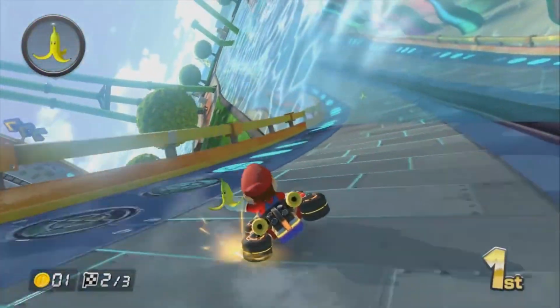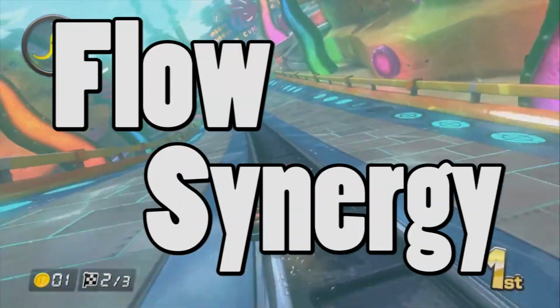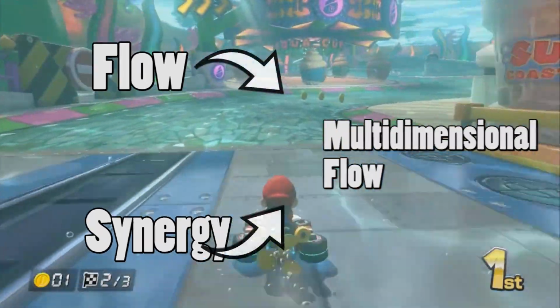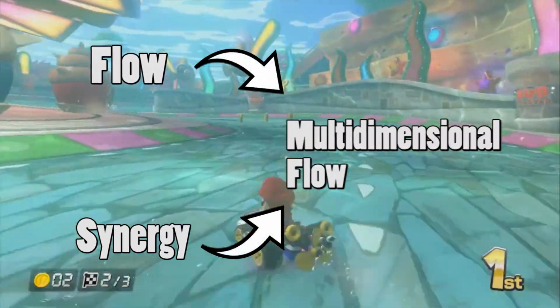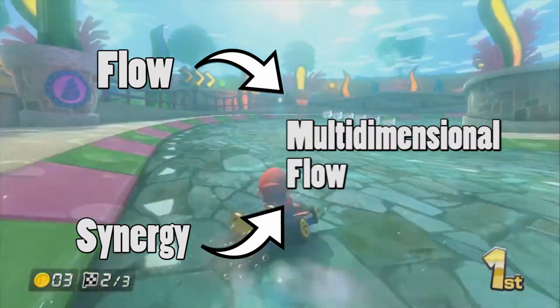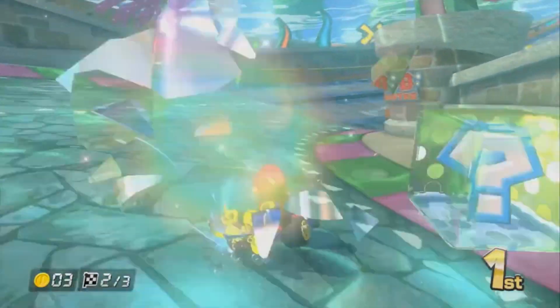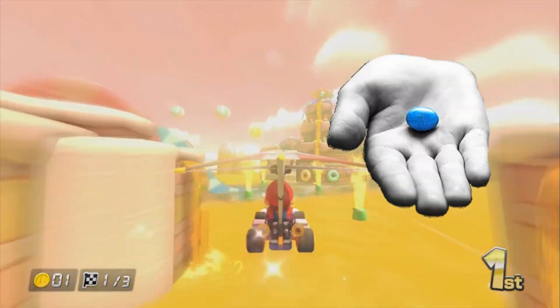Okay, so in part 1 we went through the basics of flow and synergy in game design, which is critical in understanding multidimensional flow. This is a model I'll use to explain how one can combine storytelling with gameplay. However, if you need to brush up your memory on those two terms, click on the blue pill to view